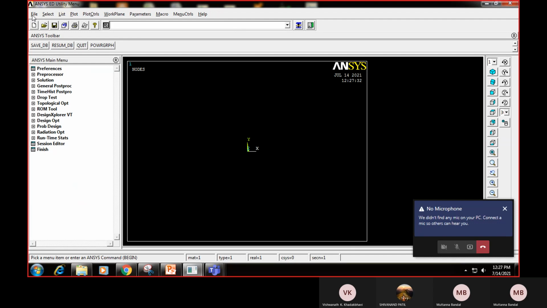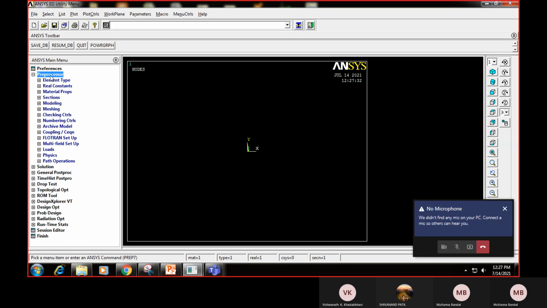Under ANSYS APDL, in a CAE software, there are three major processes or steps that we have to follow. First we call it the preprocessor. In the preprocessor, we will create the geometry and then that geometry is converted into a mesh. That we call discretization.